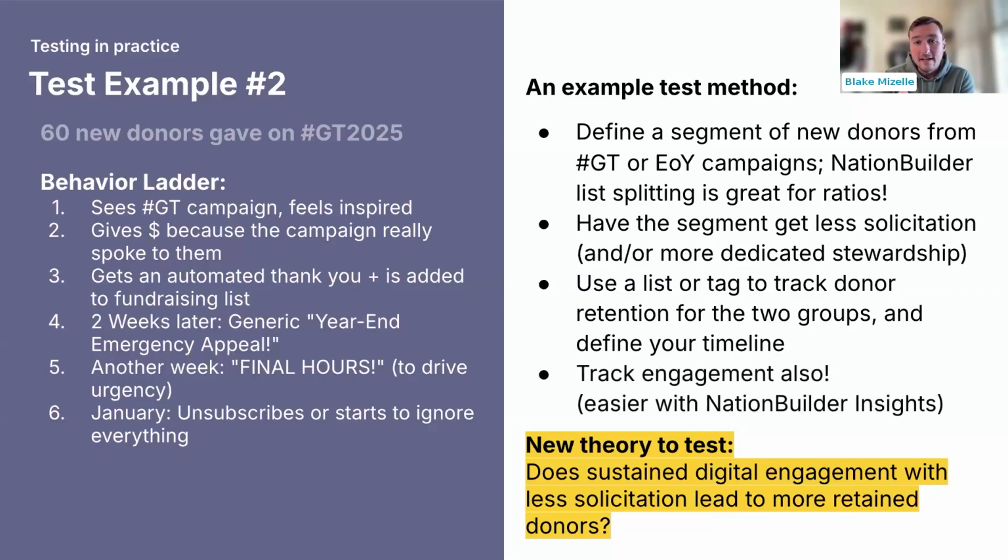And track engagement as well. This is a really good example where the total counts, the donor retention, is kind of what we've been focused on. But there are some proxy data points that might be interesting here, where maybe the folks that you're soliciting less, or that have been given sort of an extra stewardship path, maybe those folks are engaging more. Like maybe they open and click more. Maybe they participate in more advocacy campaigns. That's kind of important information, and that's something that you can easily track now that they are tagged within your nation. You can pull that out as well.